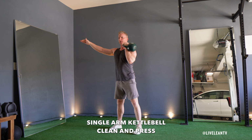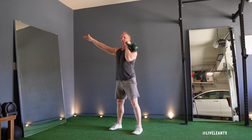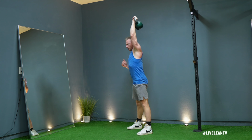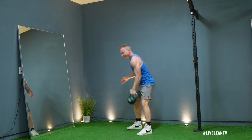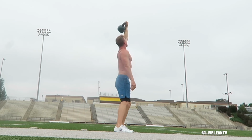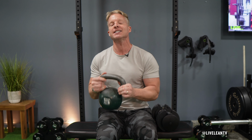expenditure. The single arm kettlebell clean and press, a dynamic full body move that enhances strength, coordination, and endurance while torching calories. The single arm kettlebell snatch increases heart rate, engages the whole body, and improves power and explosiveness, making it great for fat loss. The kettlebell Turkish get-up strengthens the core, shoulders, and hips while improving mobility, stability, and overall functional fitness, which aids fat loss. So these exercises elevate your heart rate, build muscle, and burn fat, making them highly effective for weight